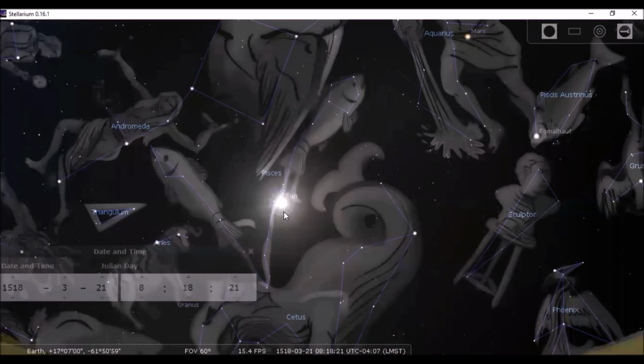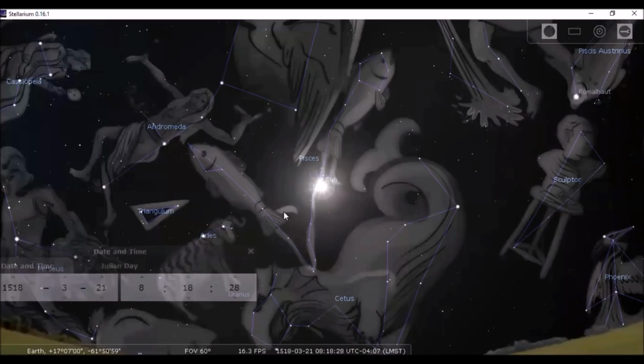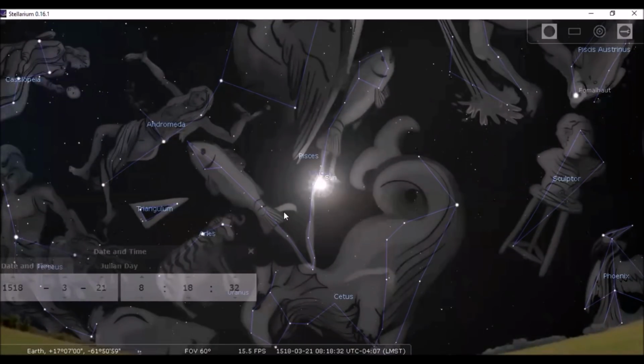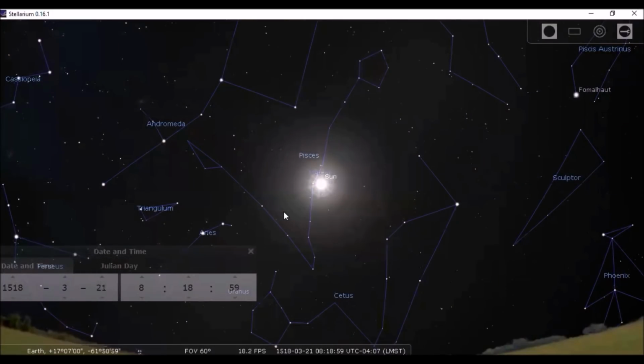This is Aquarius here. Now, these are really the Greek rendition of such, but they're not really that off. What I'm saying is that you could see that the sun is basically in between, in the center point of the extension of this Pisces constellation. And this day is the 21st day of March 2018.